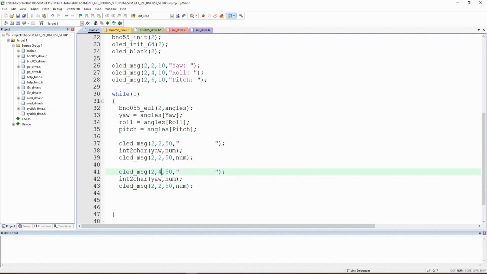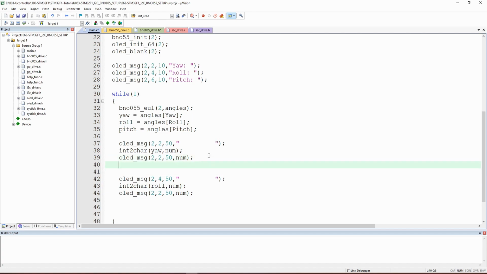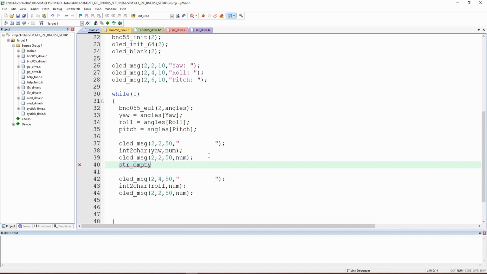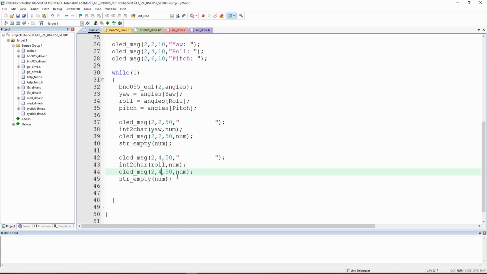So for this one it is 4, and this one is not yaw anymore, but we can put roll here, and after that here we put num. Very important space here. We need to remove all the data that is inside, and to use that there's strmt. So we need to empty the num array each time to not have any issue. And let's copy this one, otherwise we will have a problem here. And if we put here 4, we change this one to the roll, and finally we can add the last one